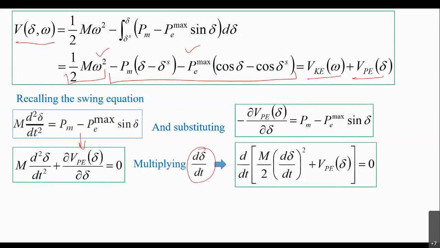After multiplying, if we multiply this equation with d delta by dt, we get d by dt of this, which will be nothing but M d delta by dt times d square delta by dt square